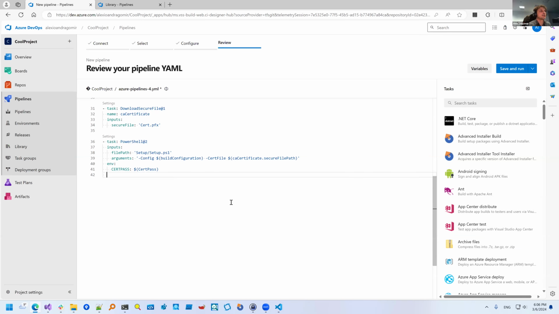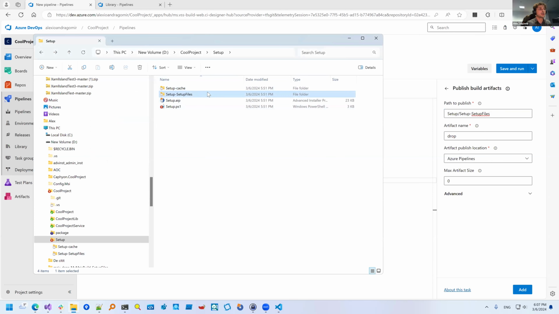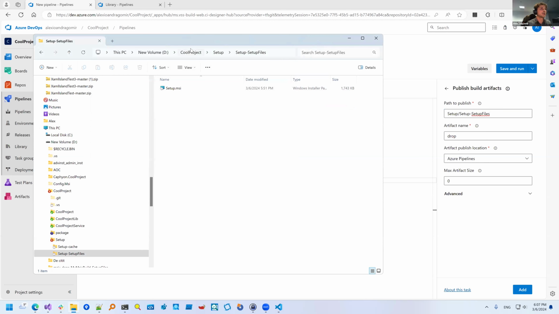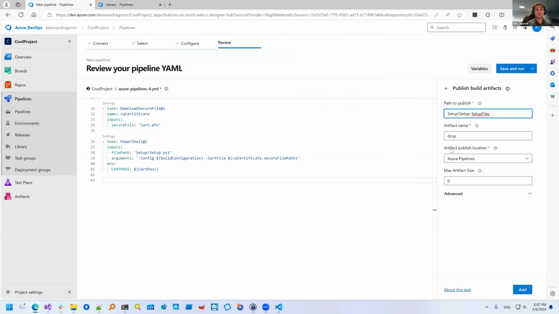Right. The next task we need to add is publish our artifacts, which will be our MSI package. We need to specify the path we need to publish, which is setup. I should show you where I got this path from. It is this path. I should copy paste just to be sure. We should give a name to the artifact, and I will name it, let's say, package. And